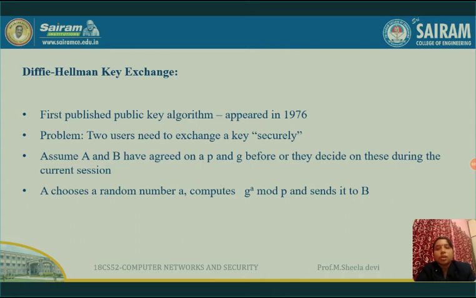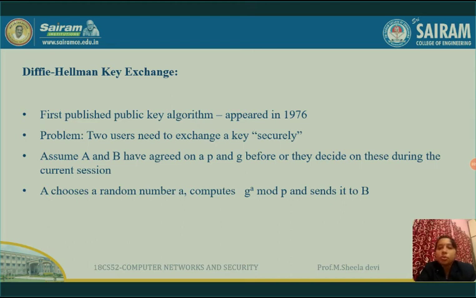So what I have to do is generate a random number called a, and calculate G power a mod P. G and P are the values which were agreed between the two communicators, that is, the sender and the receiver. After calculating G power a mod P, I have to send it to B.